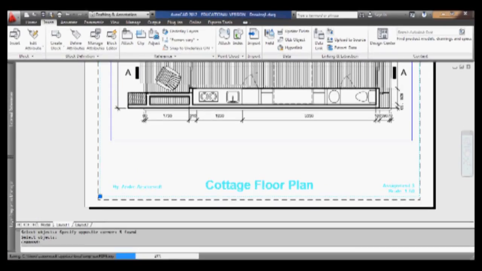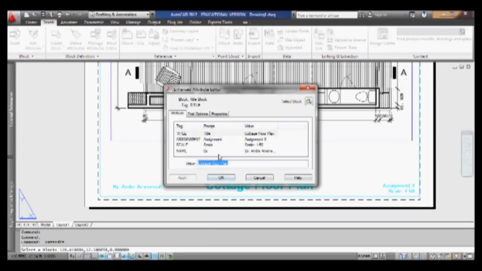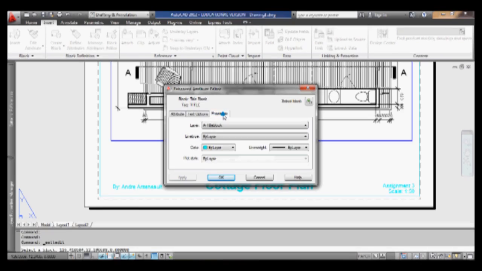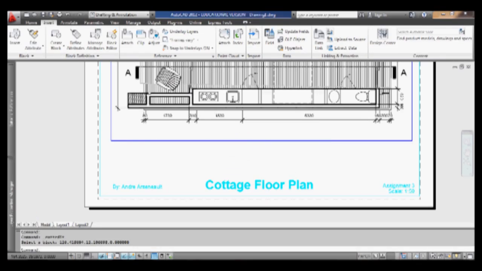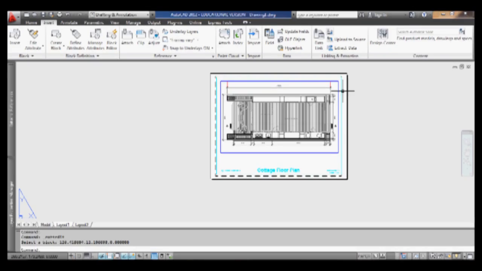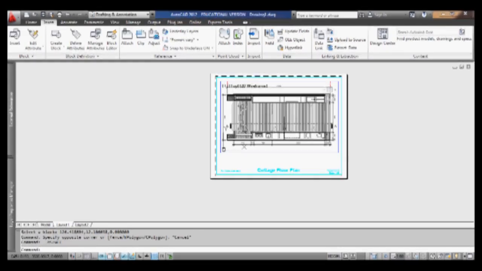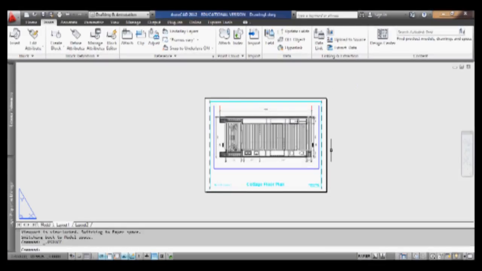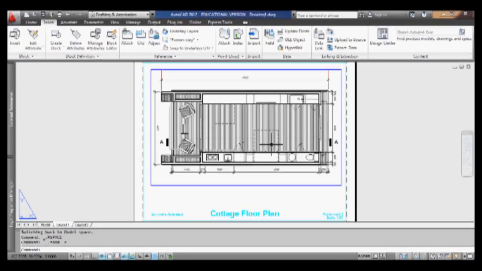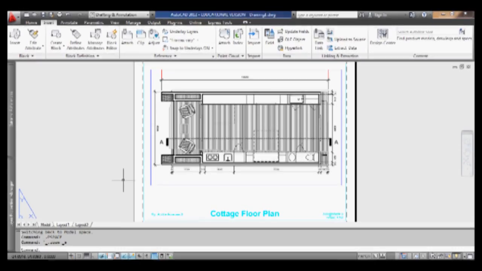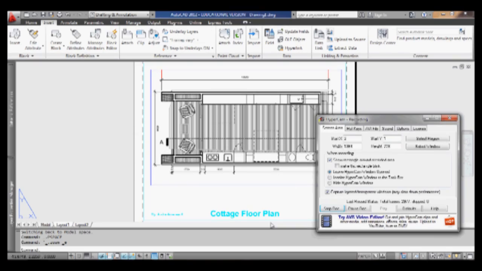If I needed to change it, I could double click on it, and the enhanced attribute editor comes up, and we can change some of the text options or properties of that information. So that takes care of taking the title block into place. We have also our information at a proper scale that we do usually want to lock, so that once we've got it, it's not moving around by accident. And we have the page set up and the CTB file. So hopefully that helps out, and you can enjoy the rest of the tracing and the information that's going to be going in. And we'll talk about other things